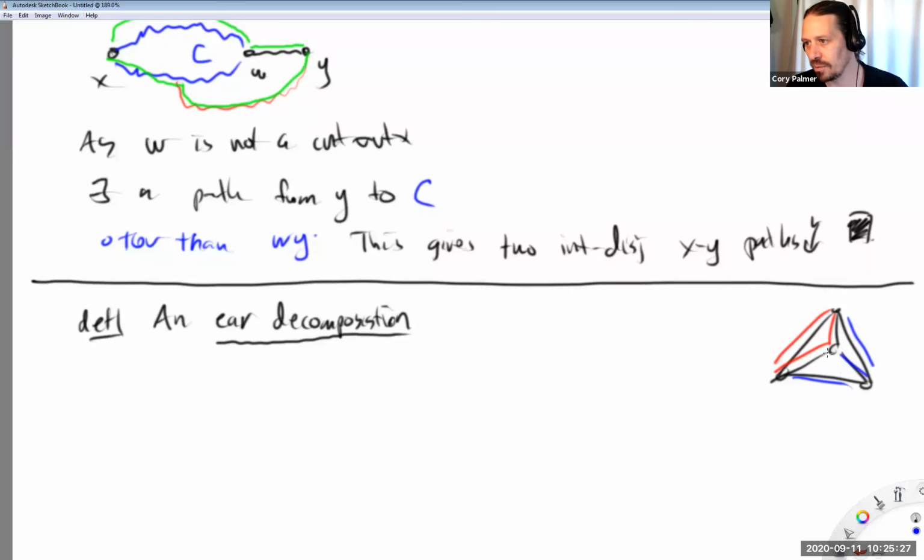That's an edge decomposition or decomposition of the graph. We'll talk about these things a little bit more. An ear decomposition is just a special decomposition of a graph that does or doesn't exist. Okay, so an ear decomposition is a sequence